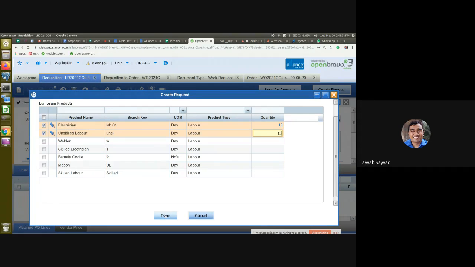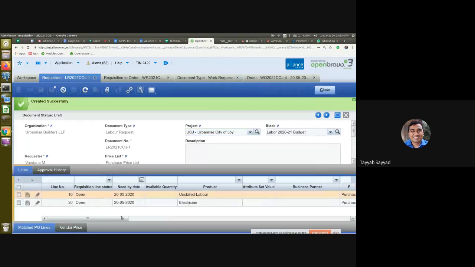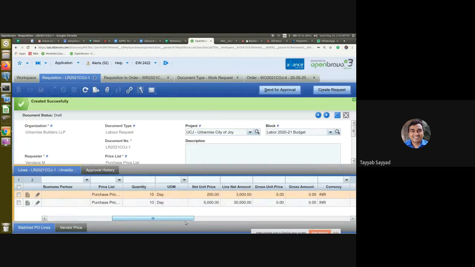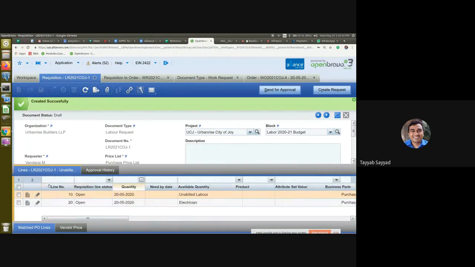So these two types of labor get added into the request. So these two things got added into my labor request element. 15 days for the unskilled labor, and for electrician it is 10.